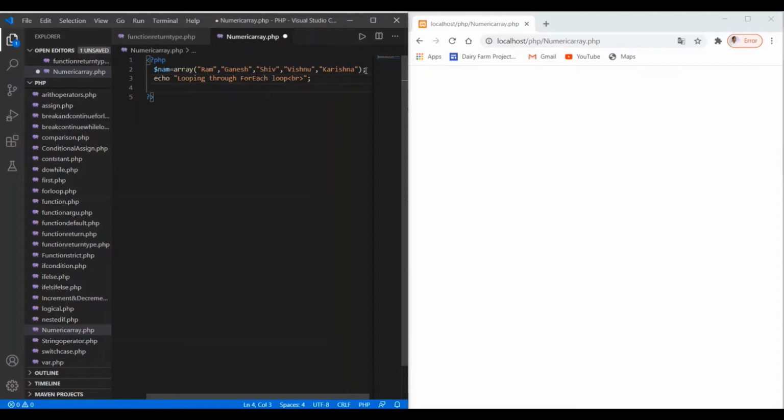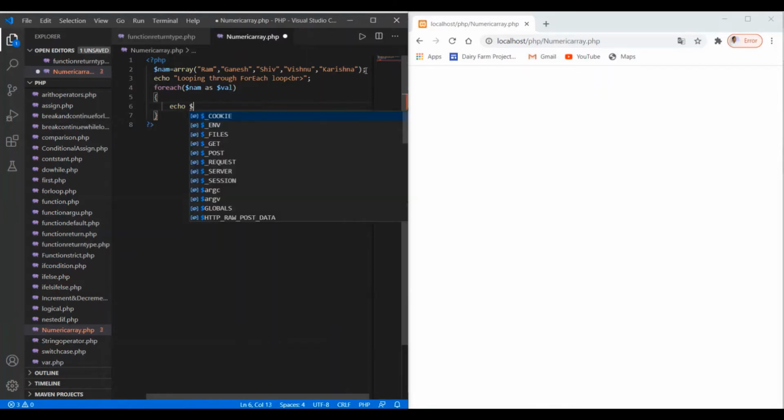In order to do that I'm using foreach. Here we have to give the name of the array on which we want to use this. So here is the name, then as, then we have to give the name of a variable. Say I'm using val here, and here I have to write its body, and what I'm doing is displaying its value one by one.